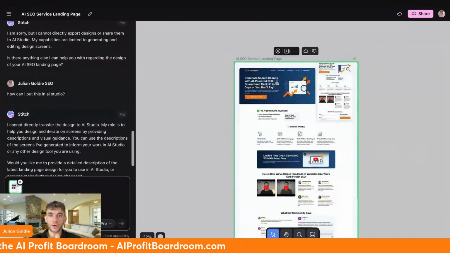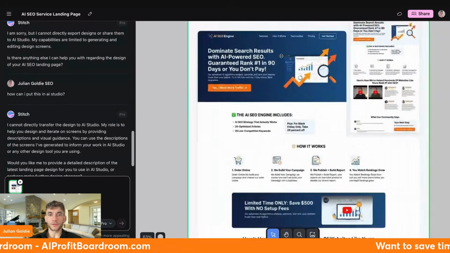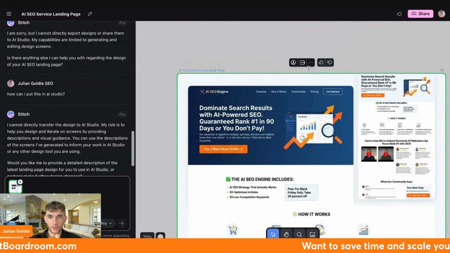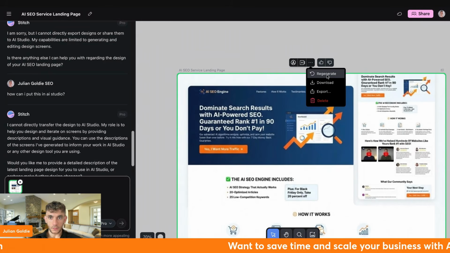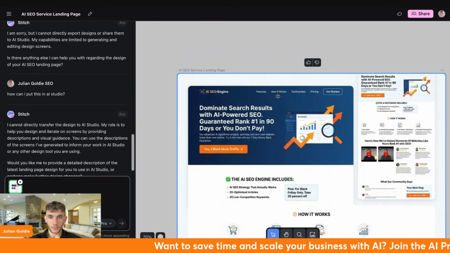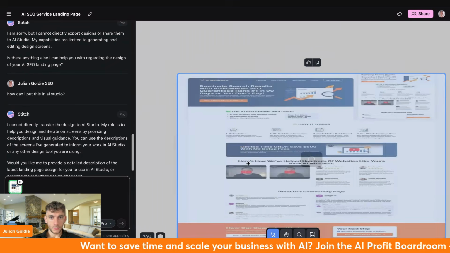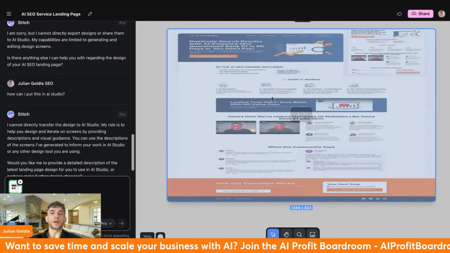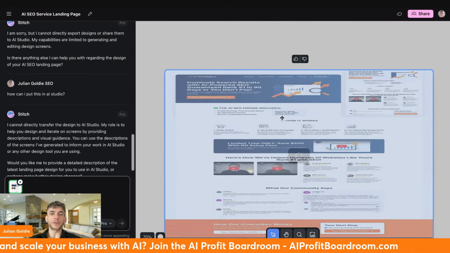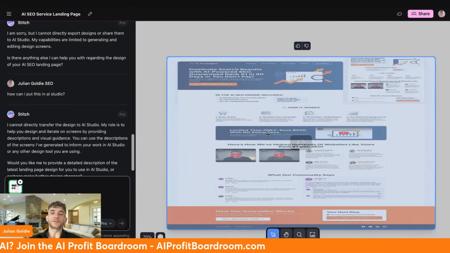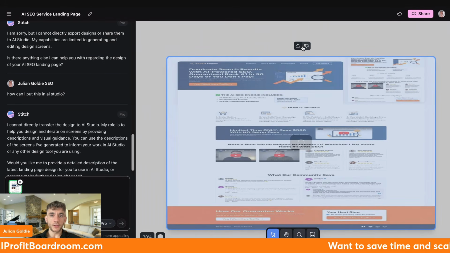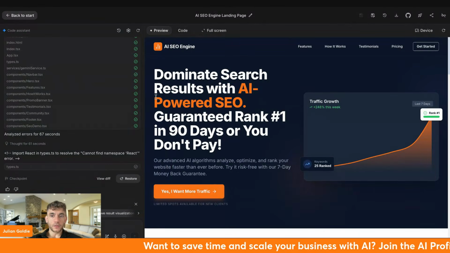I think as well, if we go to the individual designs, like this one, for example, and we say regenerate, we can actually redesign the page using, I think that'll be using Nano Banana. So you can see how it's buffering here and basically regenerating the page design. So if you don't like the design, you can just click on regenerate and wait for it to load. Now, if we go back to